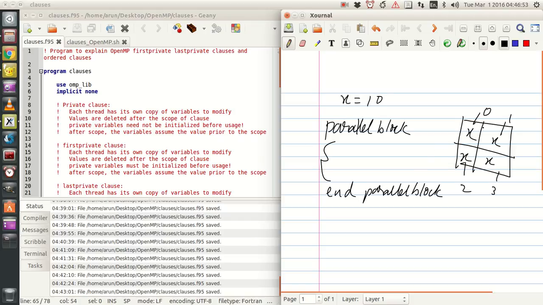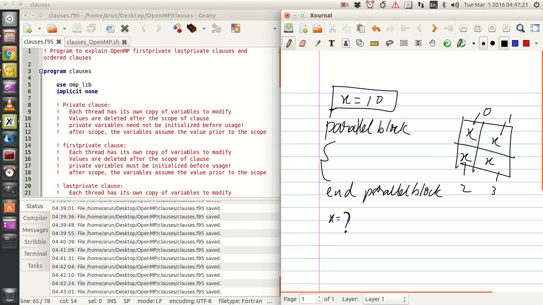Meaning, before this parallel block you have only one value of x, and this is separate. Now when you start the parallel block with the private clause x, each thread will have its own value of x, right? So now when the parallel block is over, what will be the value of x?